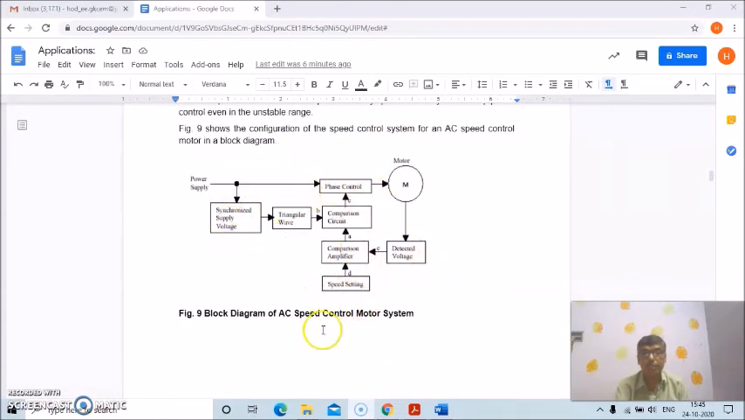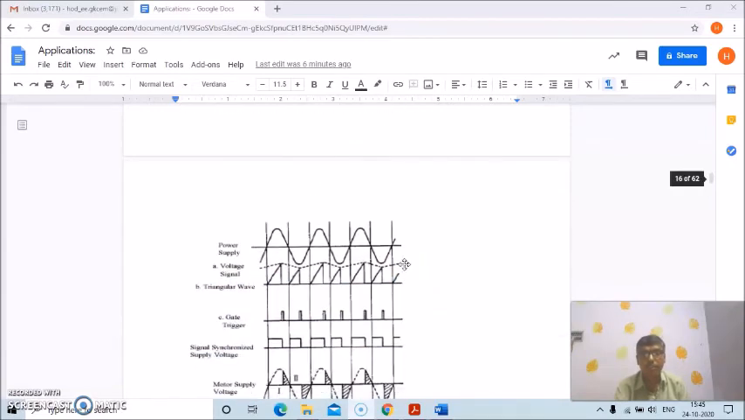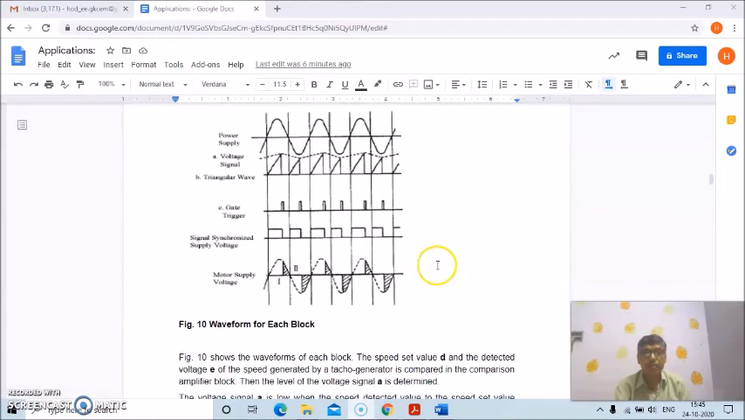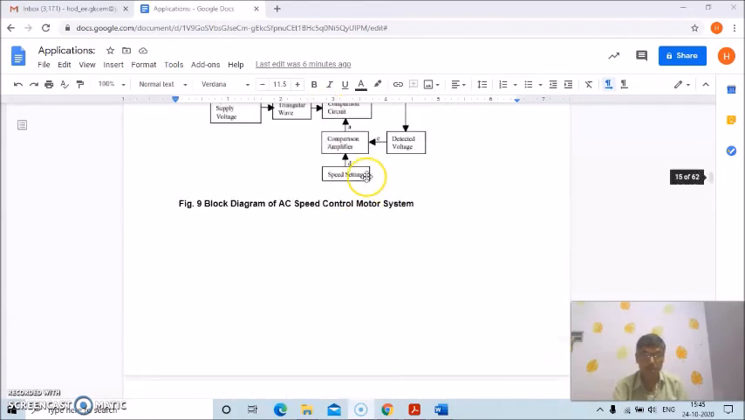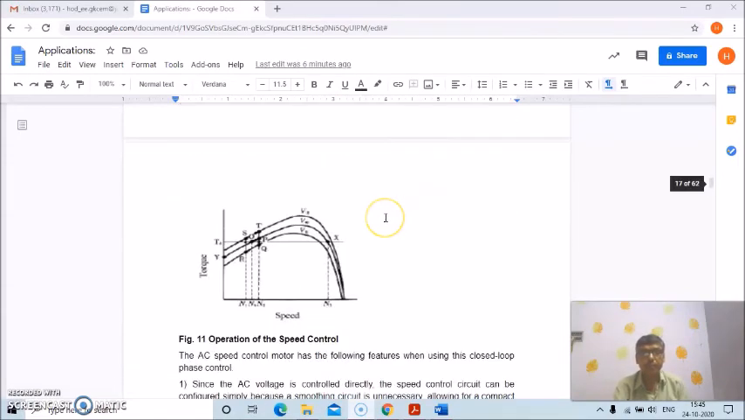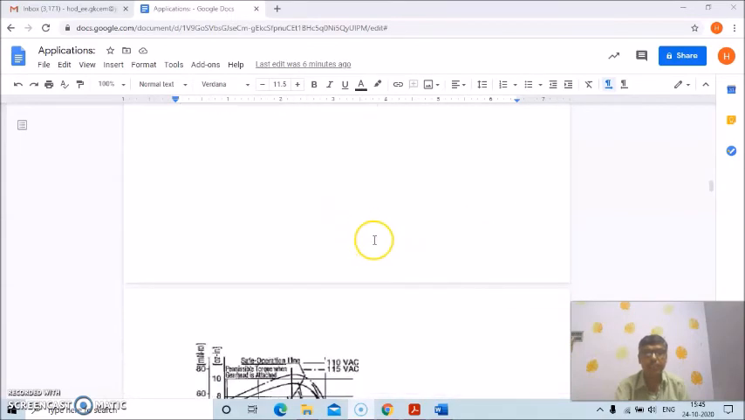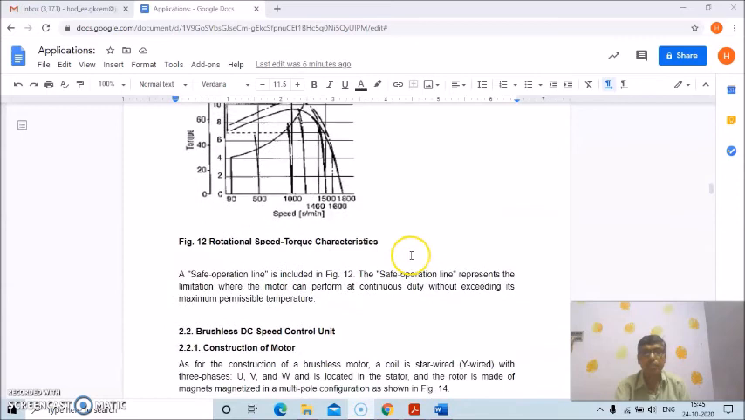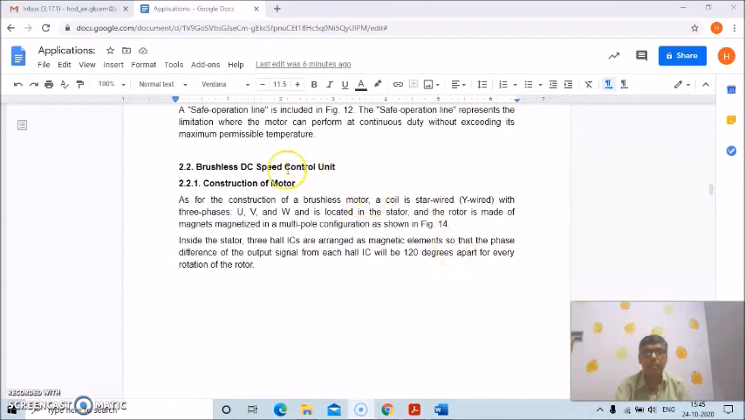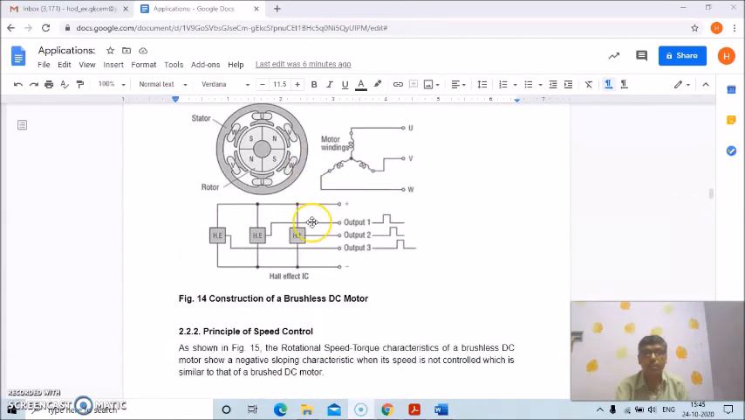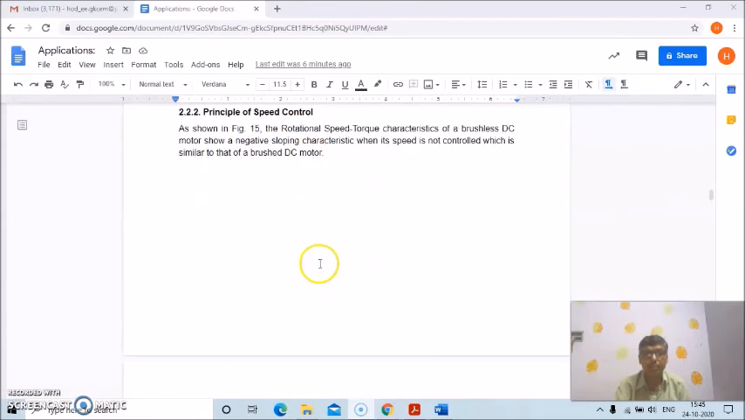The block diagram of AC speed control motor systems was also discussed in this unit. Then the waveform of each block of this motor control system, then operation of the speed control systems, and its characteristics etc. Then rotational speed torque characteristics, then brushless DC motor control unit, its construction of brushless DC motors, then the principle of speed control of the DC motors,